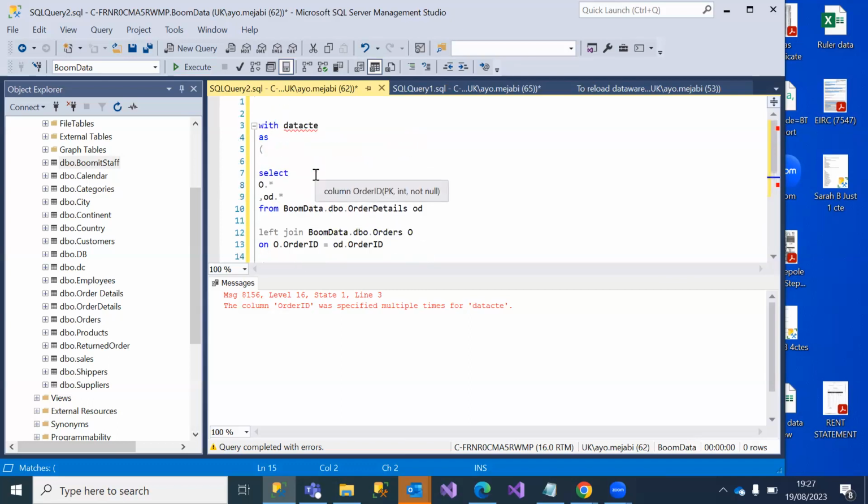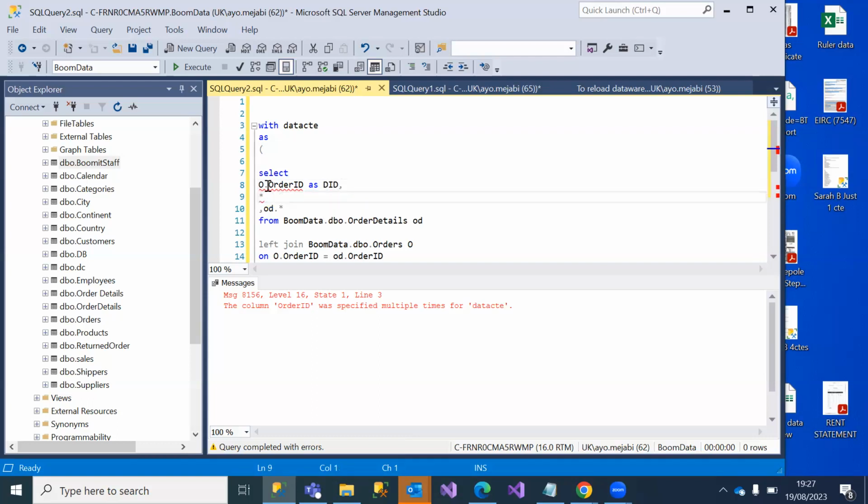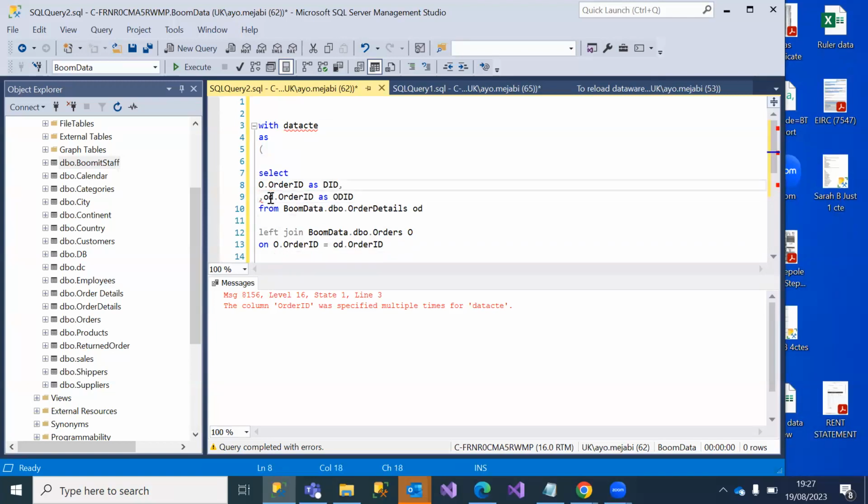Okay, this is saying that I need to use O dot other ID as OID, then OD dot other ID as ODID. So basically it's saying that I've used too many other ID and so on. Anyway, this command needs to go.